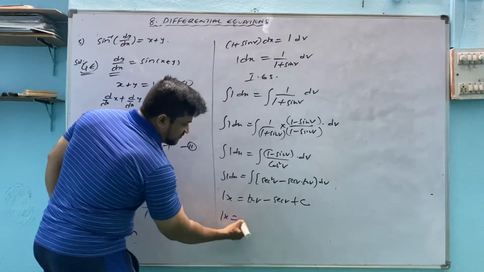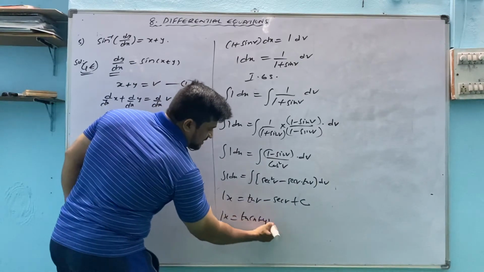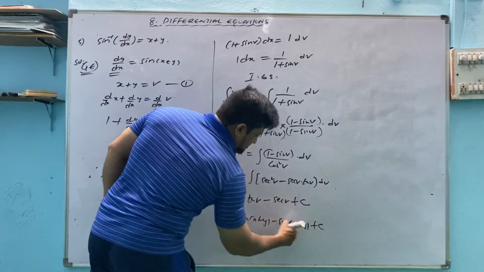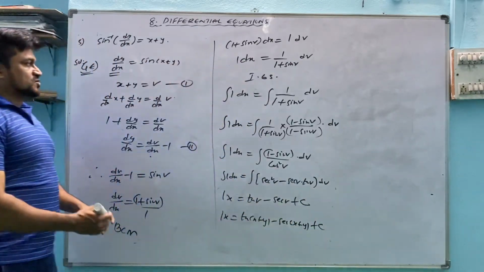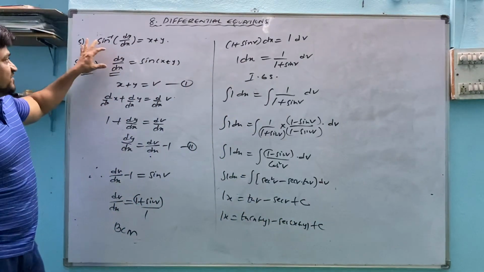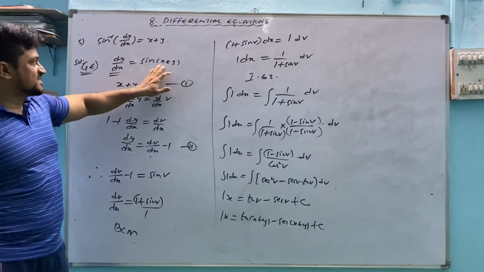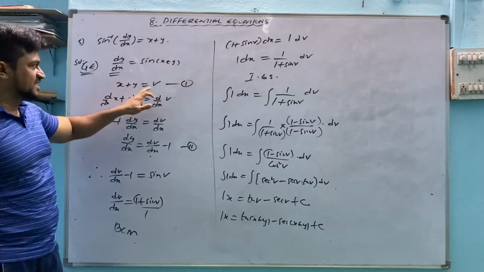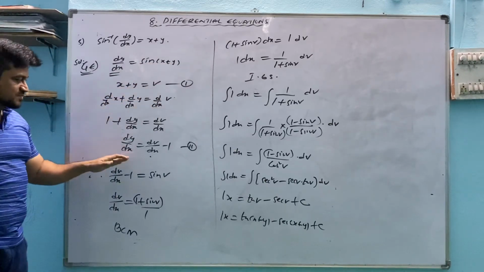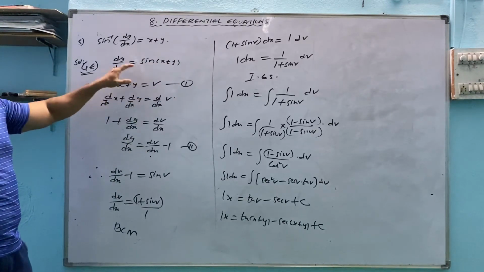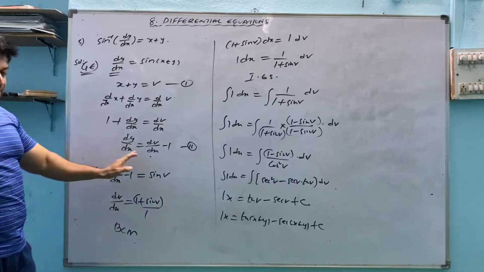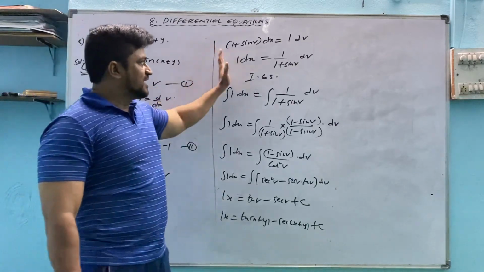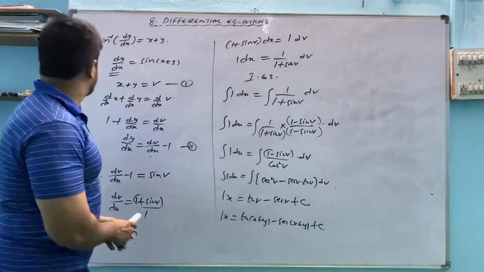What is the value of v? We substituted. x plus y is the value of v. So what we have done, check it out once again. We have dy by dx, sin inverse sent to the right side. When the angle value is x plus y, whenever you find in an angle x plus y, take it as v, d by dx, and substitute the dy by dx value and x plus y value in the given equation. Then separate the variables, dy variables one side, dx variable one side, and integrate both sides, you will get the answer.